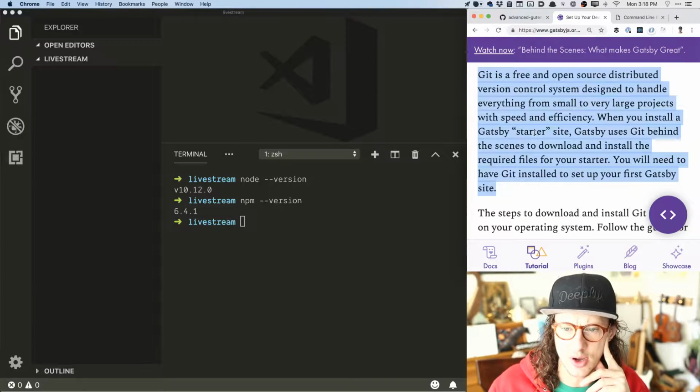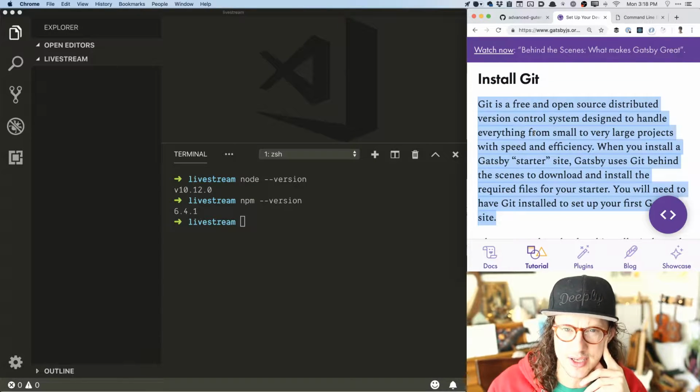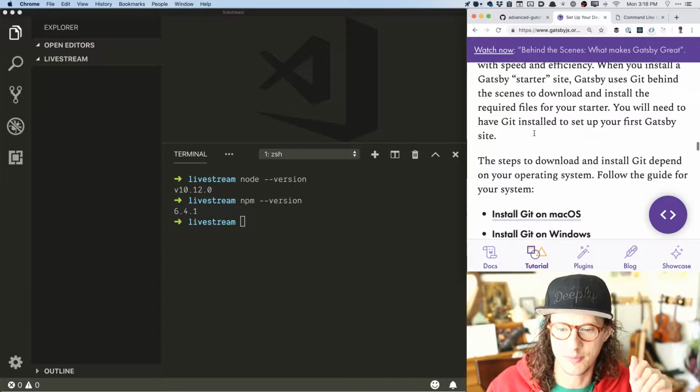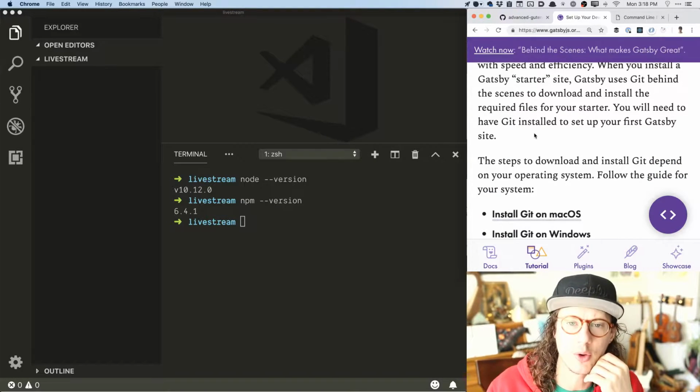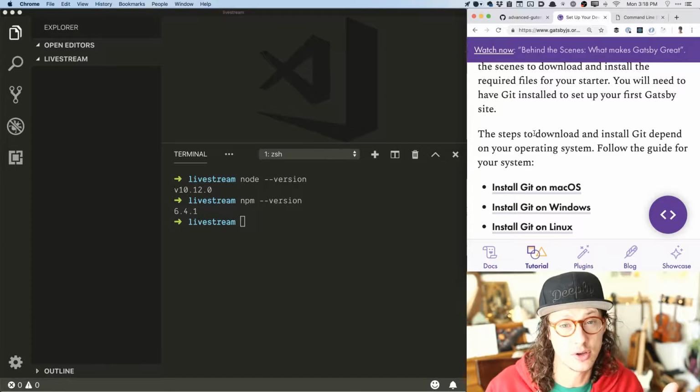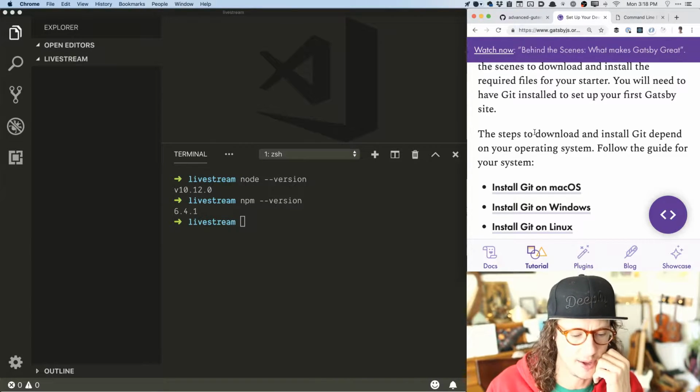Next, we want Git installed. And so technically, I don't know that you need this, but you really should have it. It'll be a way to pull down files when you want to fork somebody else's repo that they're working on. And it's also a great way to just track all of your stuff. So if you're not